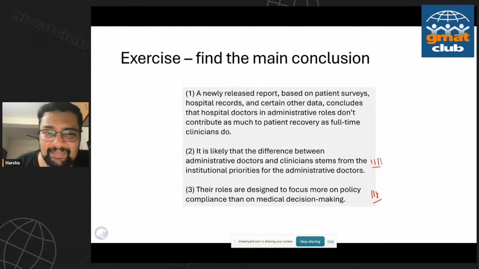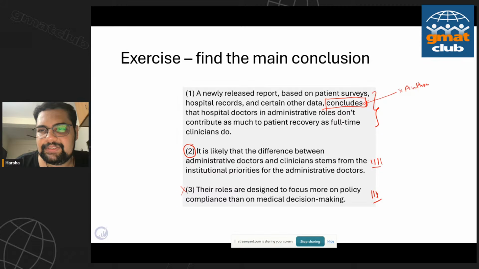So, anyway, the answer is 2, not 3, and definitely not 1. So again, you have to guard against making silly mistakes. Now, just because you have this word "concludes," that doesn't mean statement 1 is the conclusion. It is, you're right, the introductory premise. Why is it not the conclusion of the argument? It may be a conclusion, but it's not the author's conclusion.